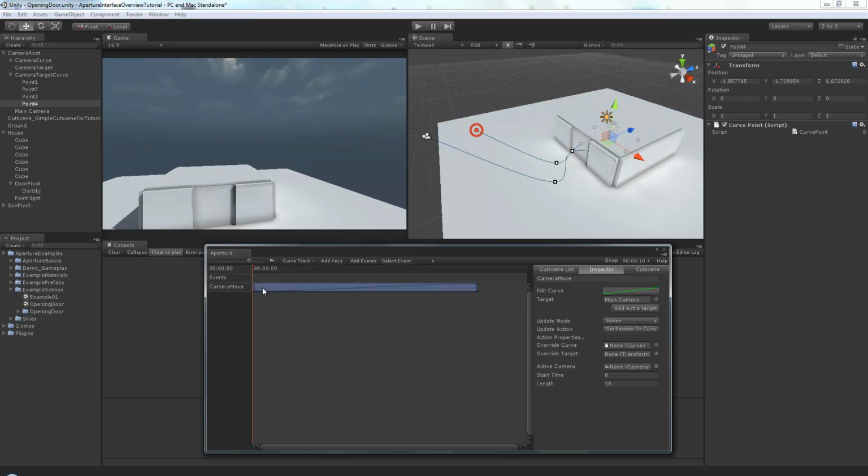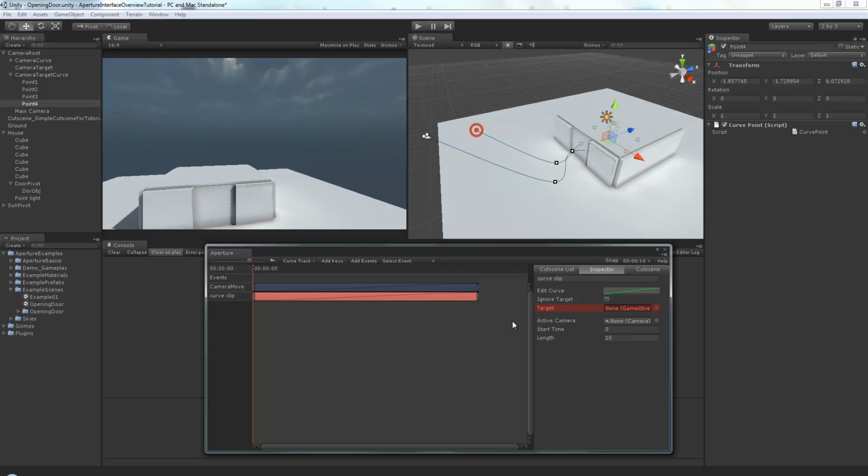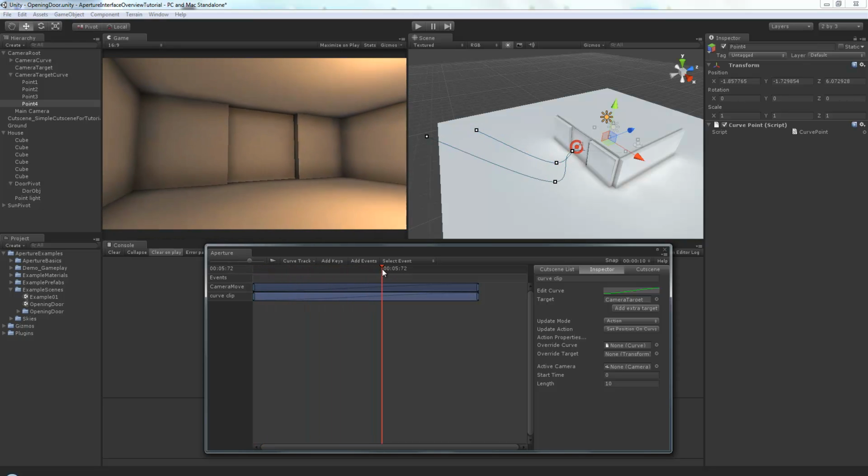Now we need an additional curve that controls the camera target. To do that, you go to curve track and add new curve. Make this one 10 seconds as well. Set camera target in there. So now they both move together,